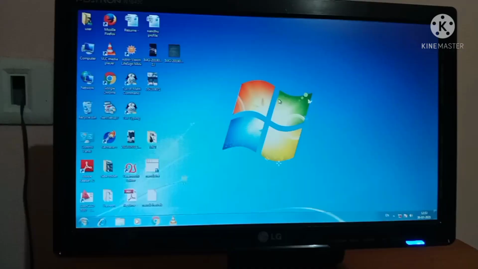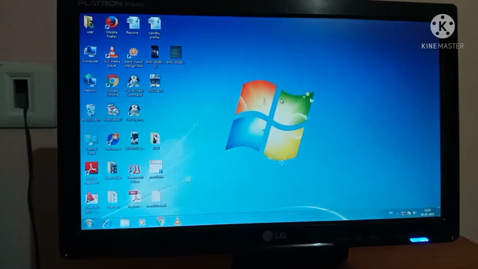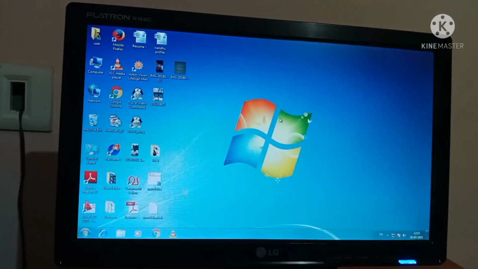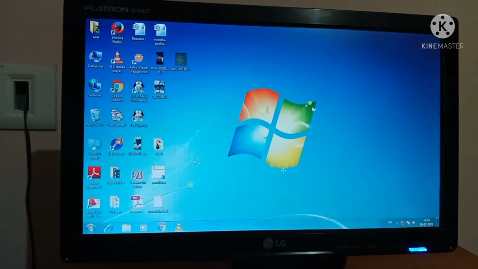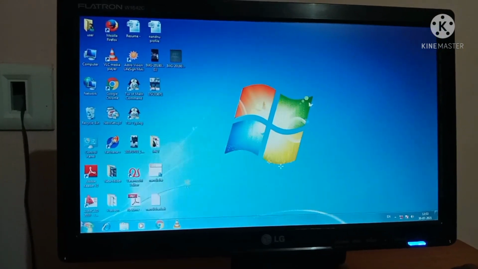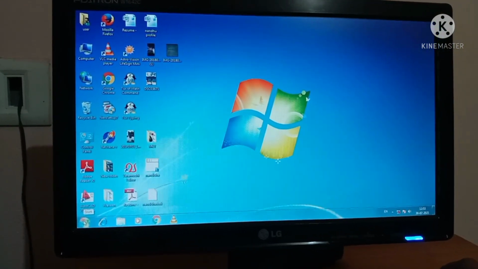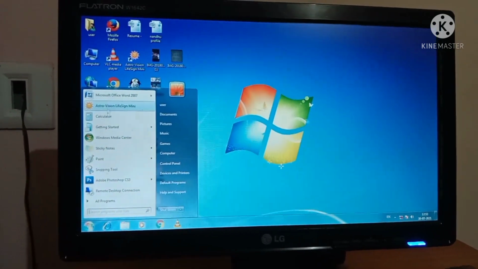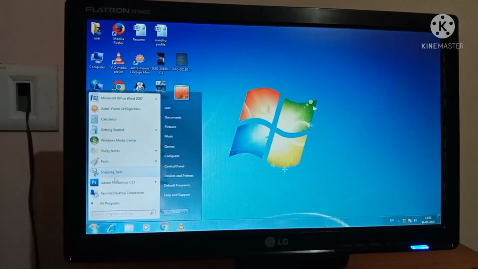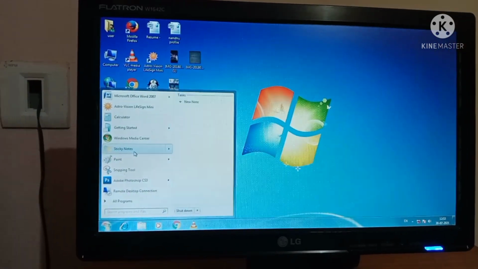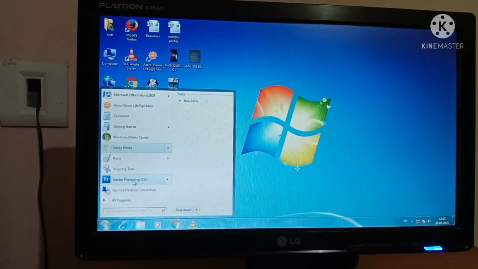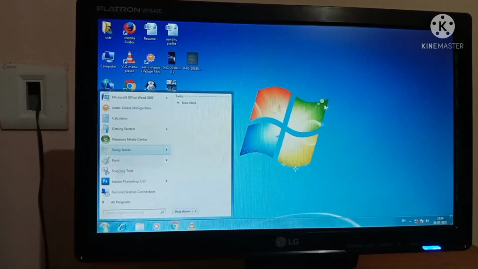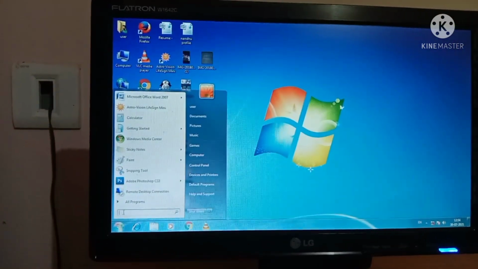Okay, the next accessory program is sticky notes. Then how will we select it, or how will we open the sticky notes? The same way. You have to go to the start button and just look there. Is there any sticky notes? Right, there is sticky notes. If you cannot see the sticky notes in this area, then you have to search here.